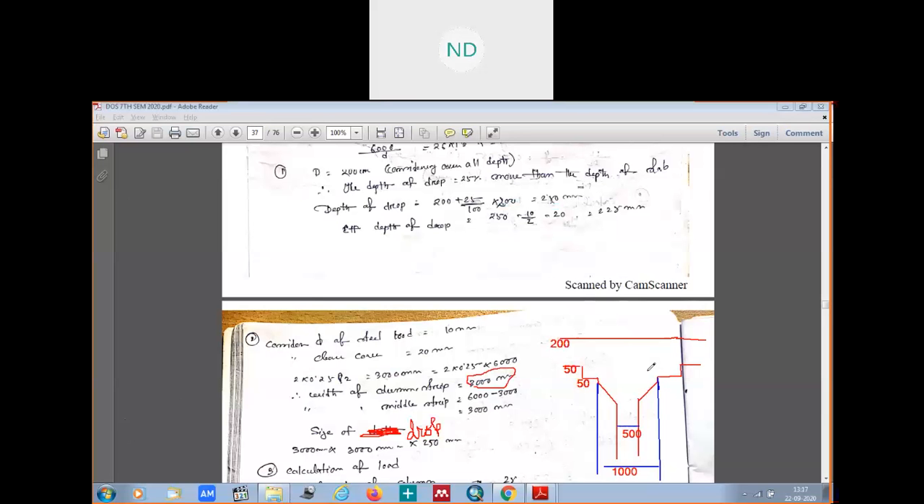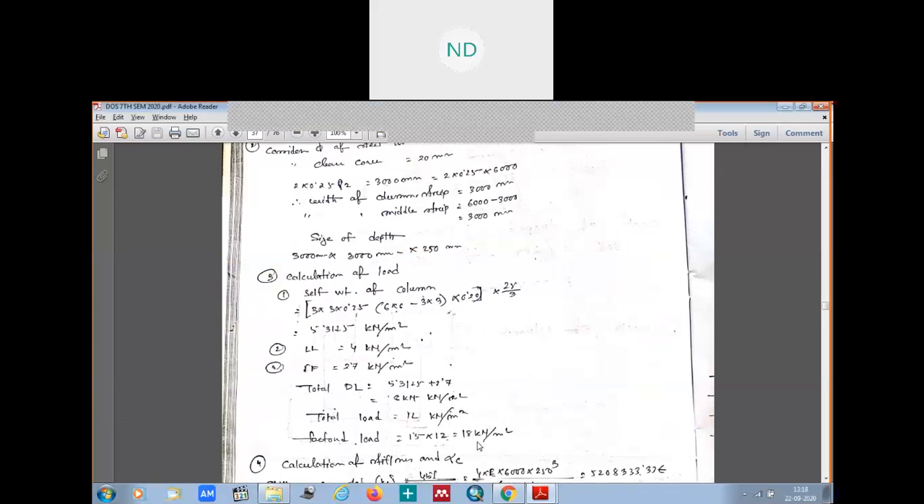If we remove all this, now you have an idea how much it is. 250 drop, 25% more than the thickness of the slab. So this is the thing. Okay, now if we go below for the calculation of the